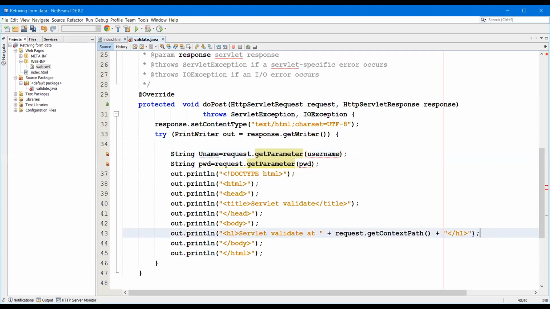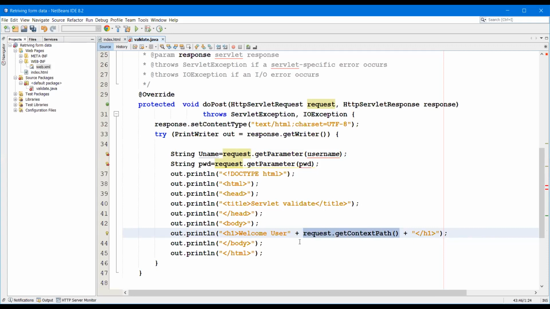So here we are going to do that. What we are going to do is print welcome user, and then the username. Where are we going to store that username?